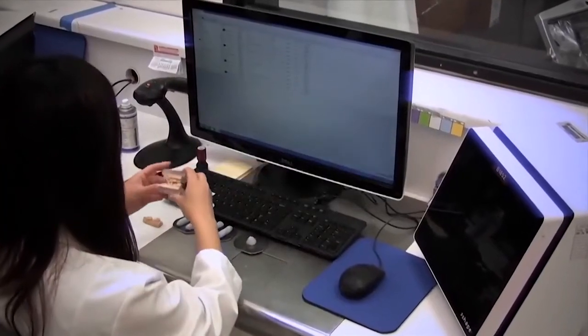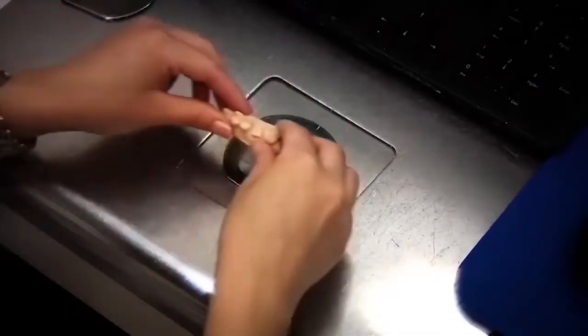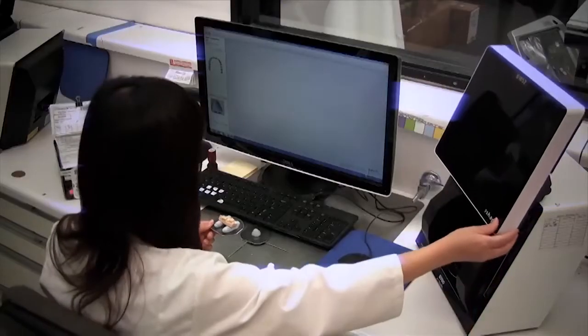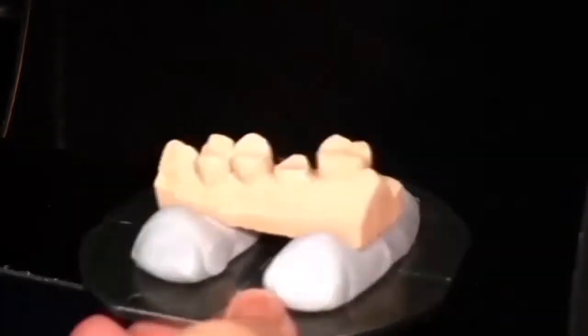Of a Bruxer crown start to finish. This is a dentist who sent us a polyvinyl siloxane impression, so we poured it up in stone. There's the stone model right there of the prep arch, and as you can see, this is being put into